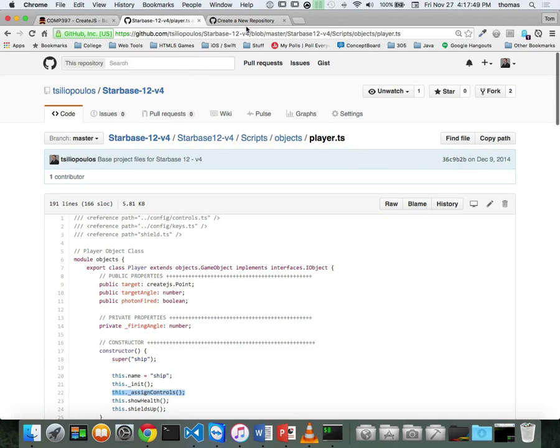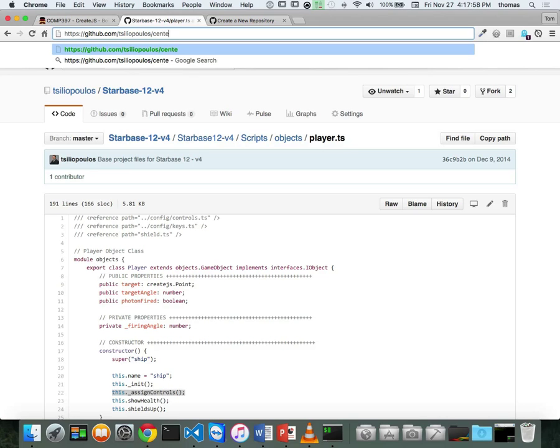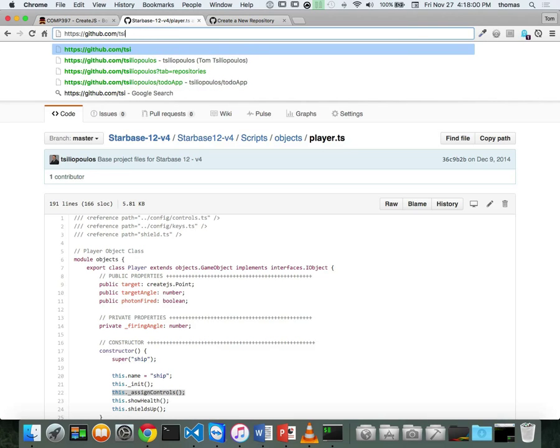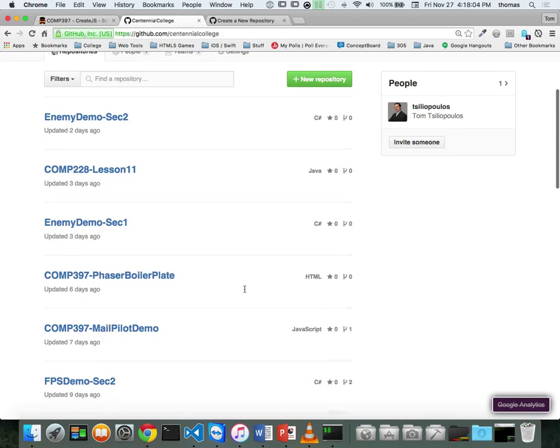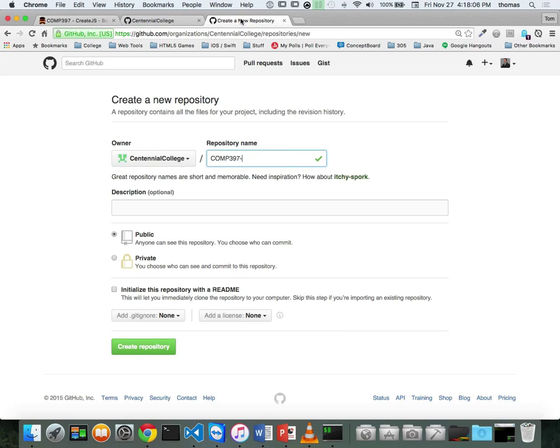Yeah, I may have called it MailPilot Demo, I don't know if I did lowercase or uppercase. I just want to keep the same things, just so that way we're on the same page. Oh, then we'll go right into Phaser after this. Yeah, it's called MailPilot Demo with just camel case. Okay, so we'll say